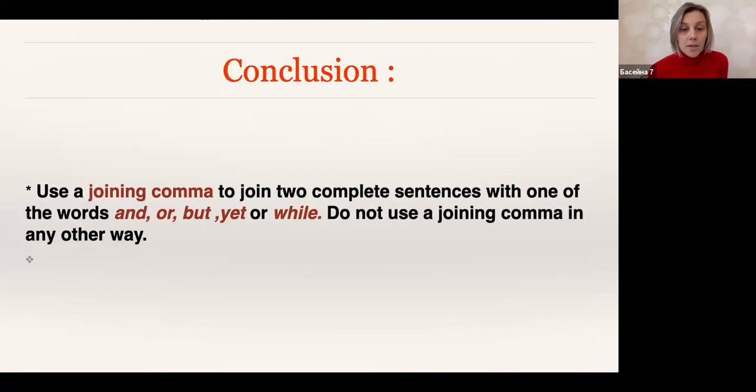So, the conclusion about the joining comma is that it is used to join two complete sentences with the words and, or, but, yet, or while, and do not use a joining comma any other way. That's easy to say, but actually, when you practice, you will see